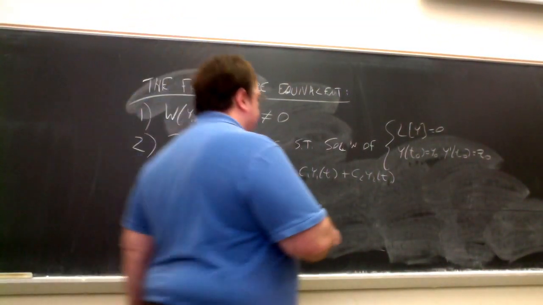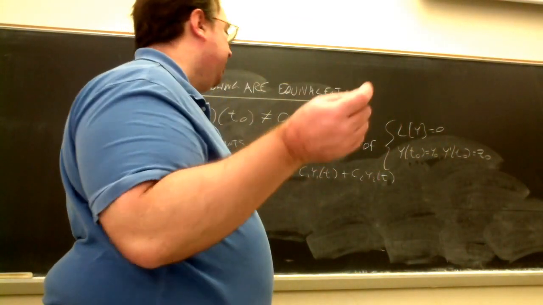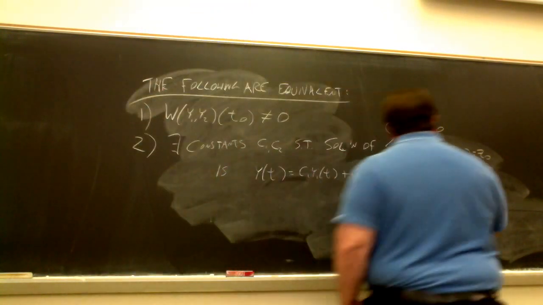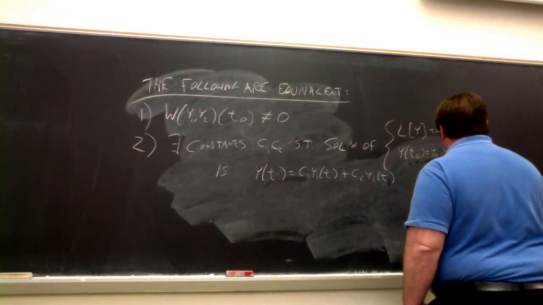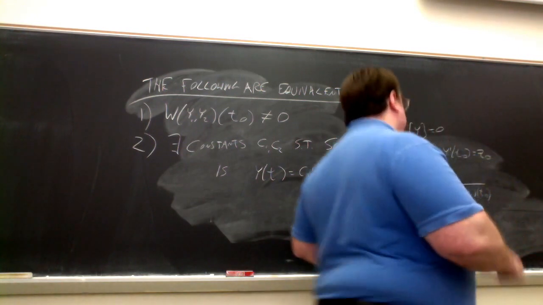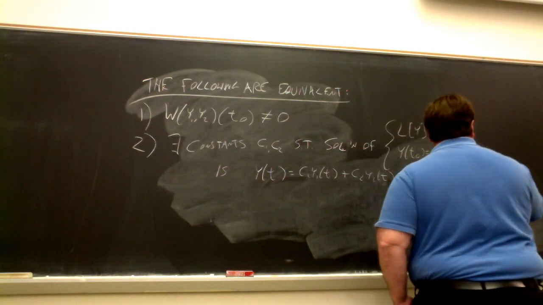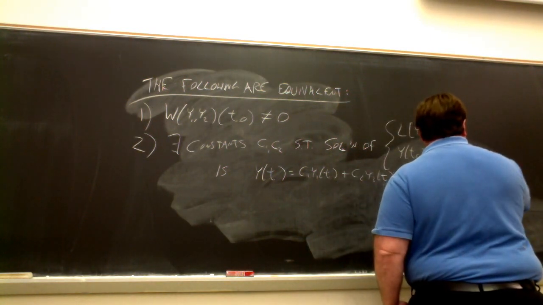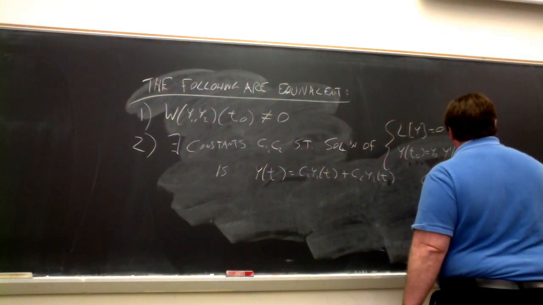I could actually write down a formula for C1 and C2 in terms of expressions like the Wronskian itself, as a determinant. So C1 is a fraction. The denominator is the Wronskian evaluated at t naught. And the numerator here is also a determinant, where for C1, I fill in y naught and z naught, the initial values, and then I have y2 of t naught and y2 prime of t naught. In other words,